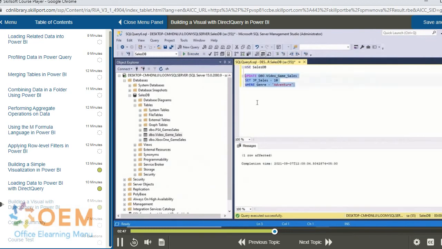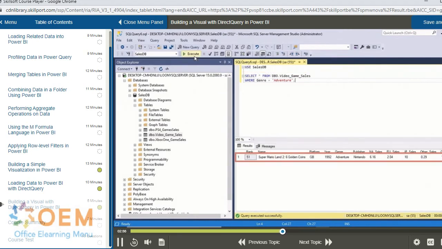And to confirm this, let's rerun the select query, which we saw just moments ago. So when we take a look at the sales for adventure games, again there is just a single row, but significantly, the JP sales column has now been updated from the previous value of 2.69 to 10. So how exactly do